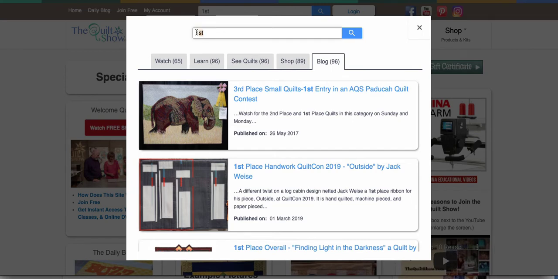One hint I have for you is very often less is more. If you need 2 words, if you want to say modern quilts and not get modern furniture or whatever else might be in there, then you'd put both words. But you know, quilts is going to have a lot of hits, and so it may be more information than you need. So, for instance, if you say Tula Pink,